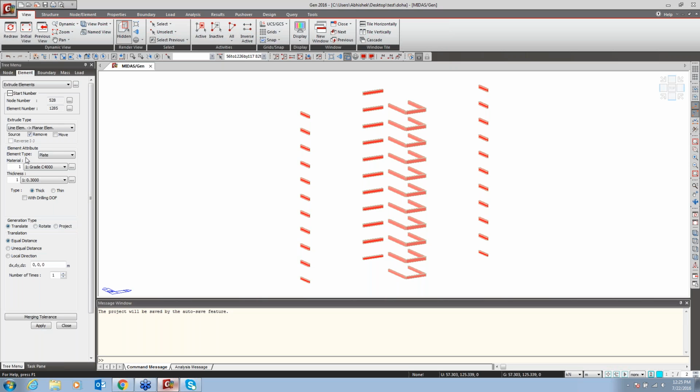Now I come to the element type. You have to consider wall element because we wanted to generate the wall, and here the source is removed. Source is removed means that from the beam we generate the wall, so that particular beam is automatically deleted. No need to manually delete, the program will automatically delete once we generate the wall element. Then my grade is 40,